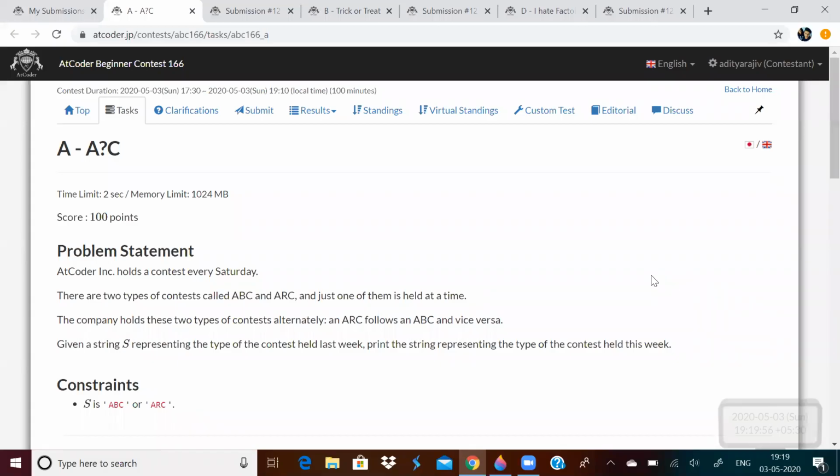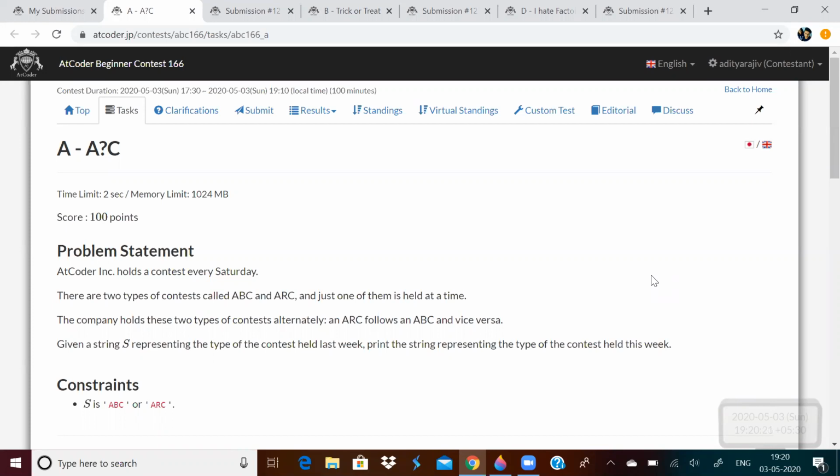Okay, so let us discuss AtCoder Beginner Contest 166. Today also, I don't know why I didn't get problem C. I was getting TLE. I tried to optimize a lot and I saw the solution. It looked very simple. I don't know why I didn't get it. I shall make a video on today's problem C and yesterday's contest problem C.